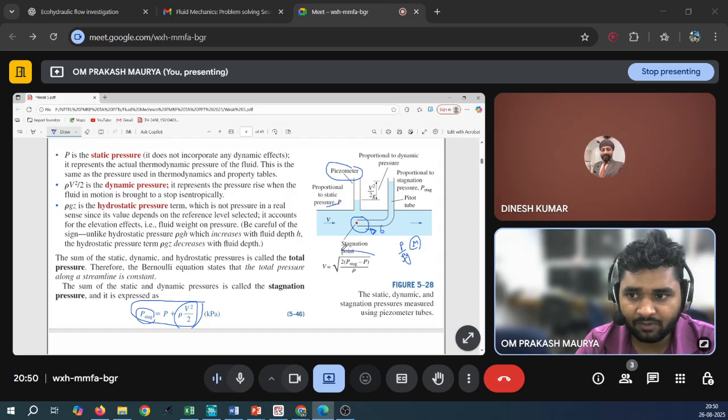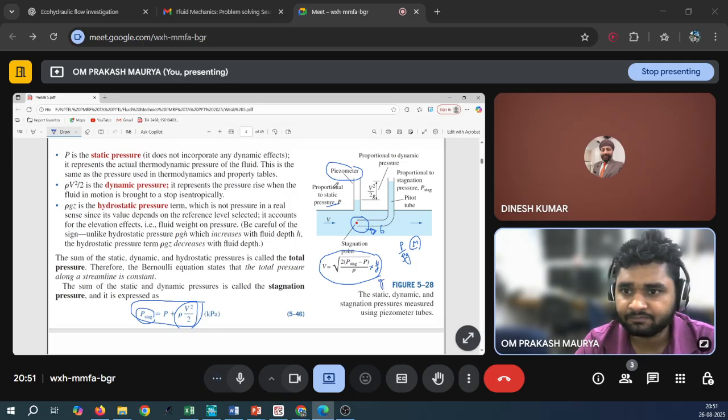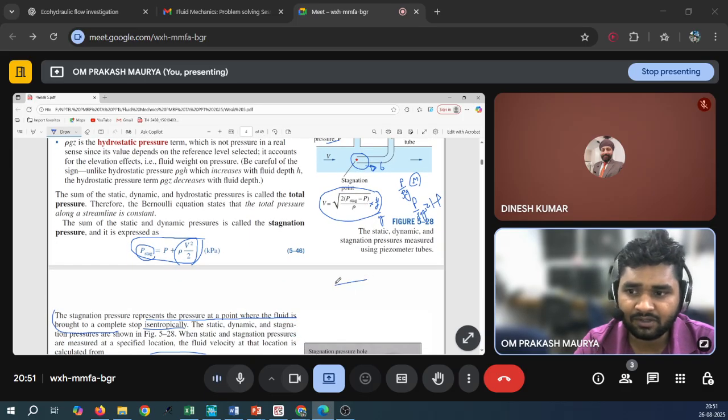Once we put it in this formula, let us multiply with this rho g. So g and rho cancel. Let us assume p by rho g is head. If p by rho g is equal to head, then p is equal to rho g h. So here you can put rho g h, and rho and g will cancel out. Your final formula will become,